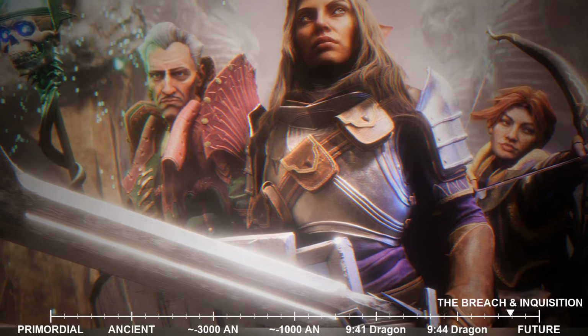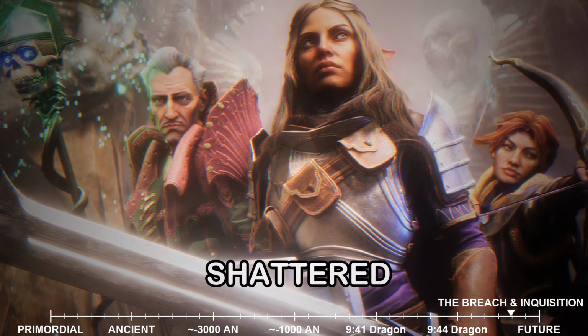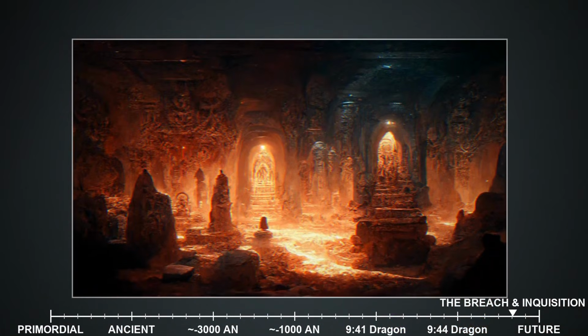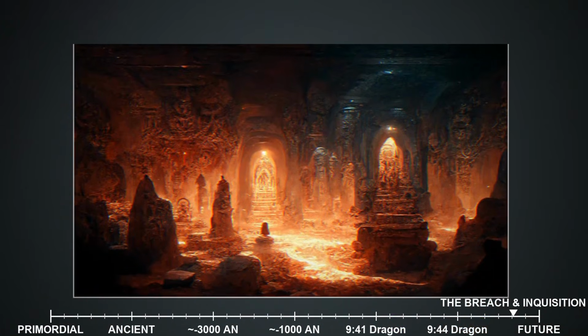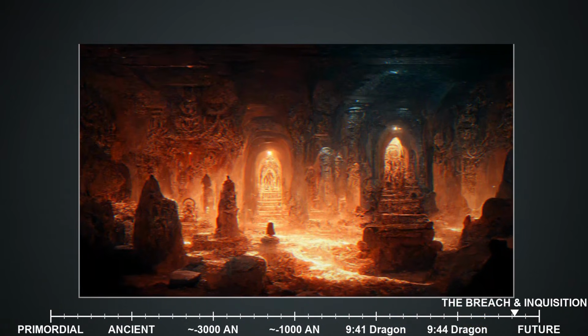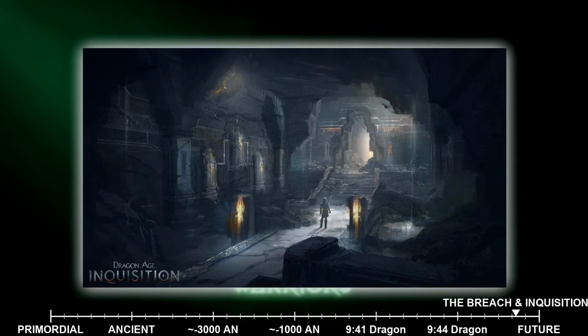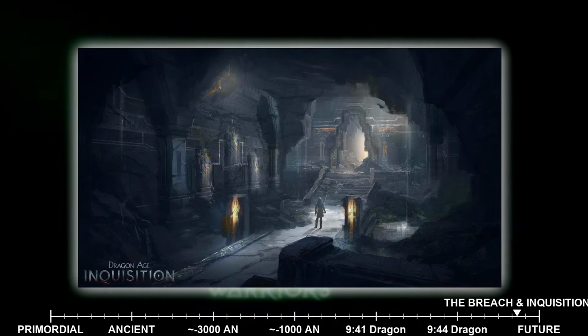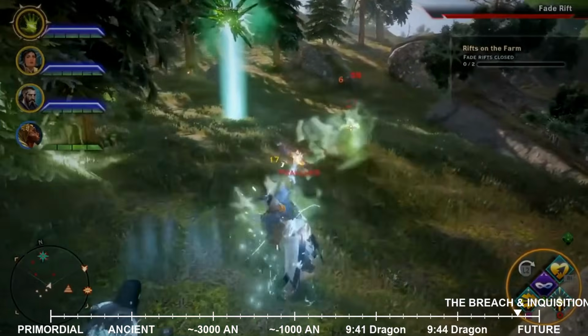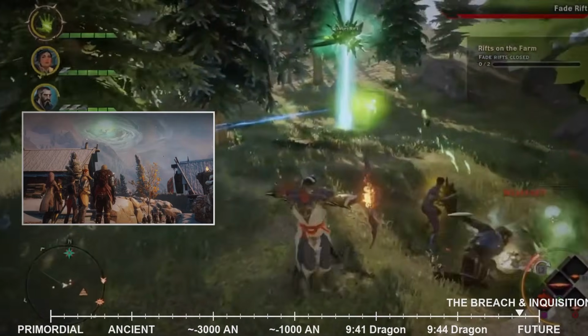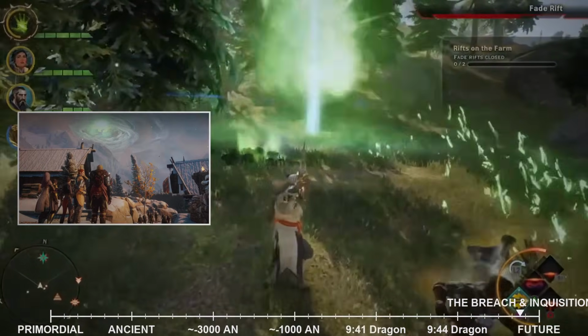However, these hopes were shattered in an instant. A cataclysmic explosion far beyond any known magical or mundane force ripped through the Temple of Sacred Ashes, utterly obliterating the conclave and claiming the lives of nearly everyone present. The sheer scale of the devastation was unprecedented, leaving a gaping crater where the temple once stood. From the very heart of this destruction, a terrifying phenomenon emerged. The Breach, a massive, swirling tear in the fabric of reality, a direct gateway into the Fade itself.